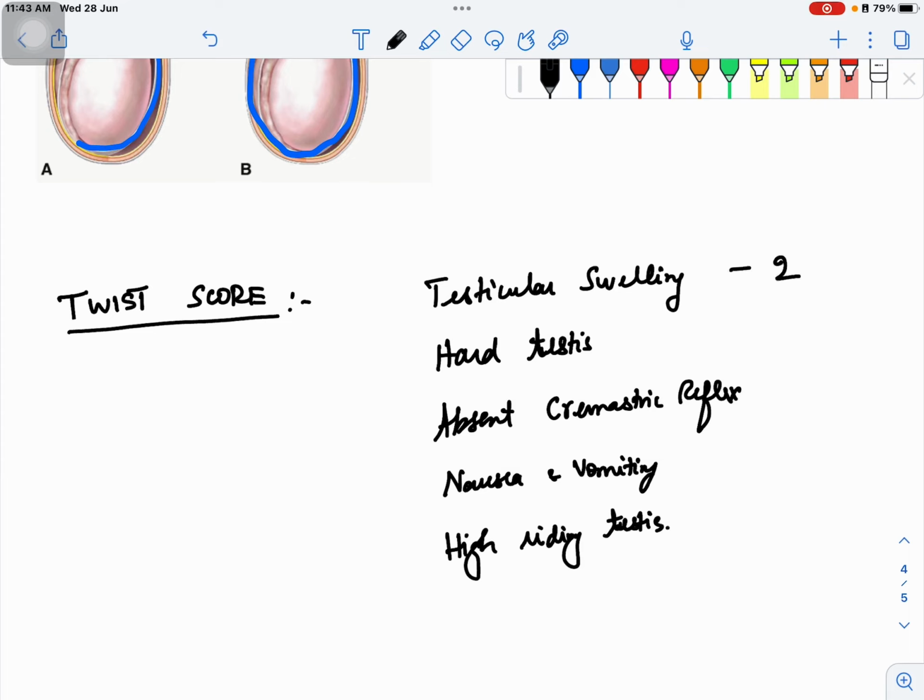Some are given a score of 2 and some a score of 1. You have to match the symptoms given in the question and calculate the score